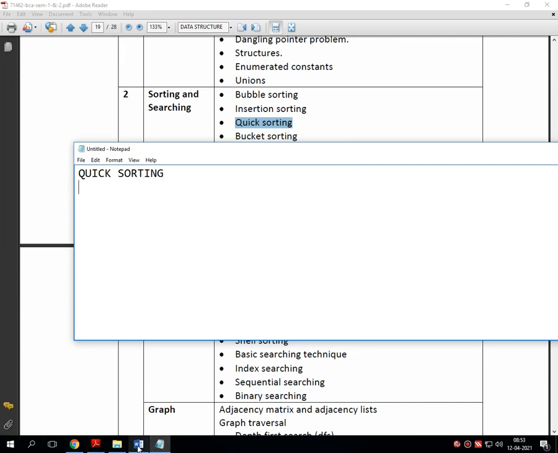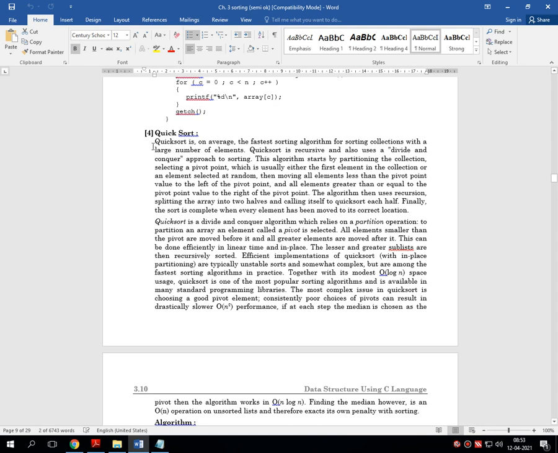The theory of quick sorting says that quick sorting technique is the fastest sorting algorithm, in which a large number of elements are divided into sublists, then the separate sublists are sorted and merged, and the entire bigger set of numbers gets sorted very fast.